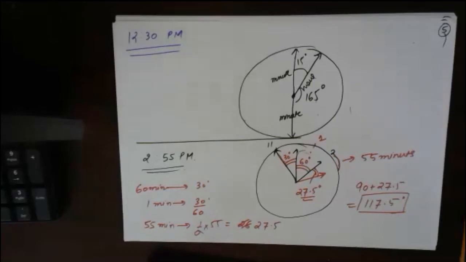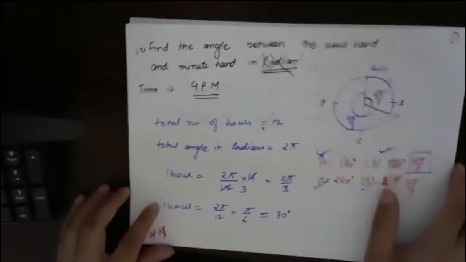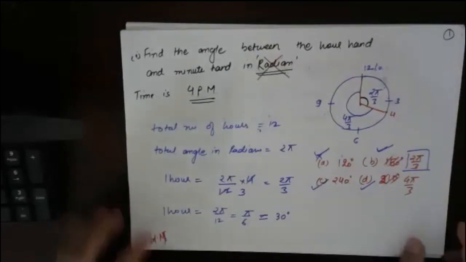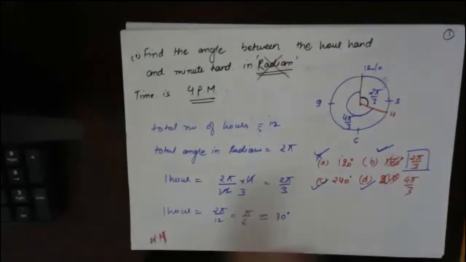I'm showing you the slides once again. These clock questions are enough for us. From next class, we will do something else. Some students find it easy to find the radian, some students find it easy to find the angle, but both are exactly the same thing. You can convert anything to the other. Reverse is also correct.